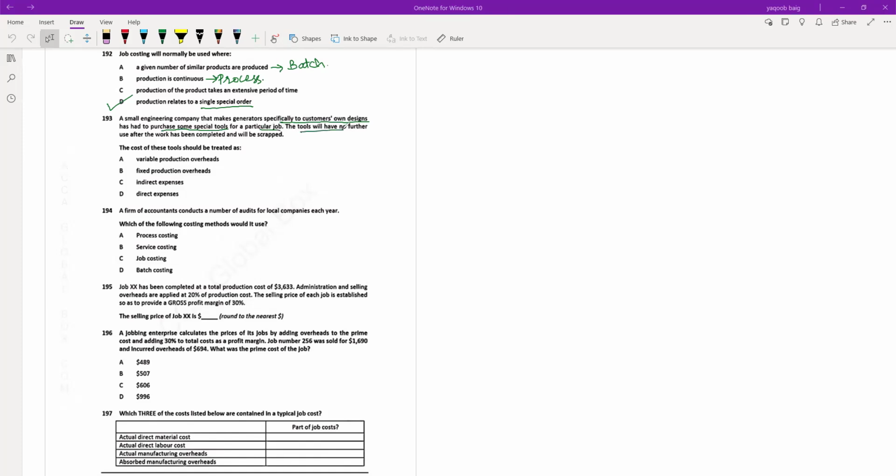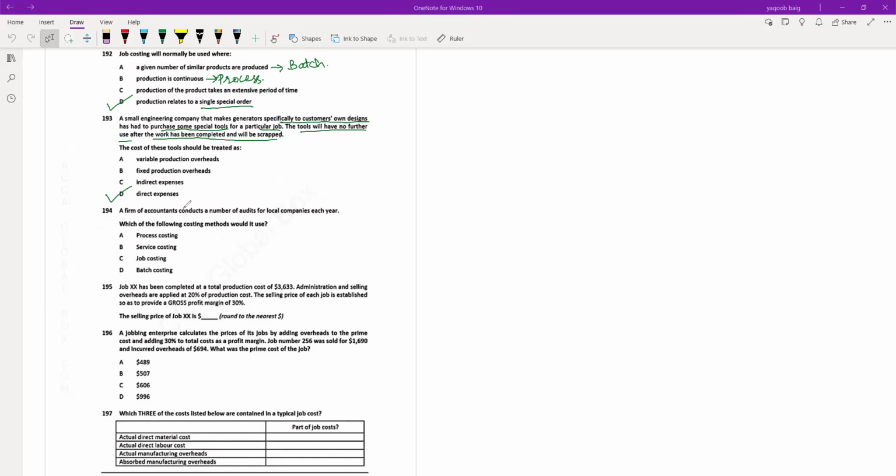The tools will have no further use after the work has been completed and will be scrapped. Cost of these tools should be treated as variable production overheads, fixed production overheads, indirect expenses,